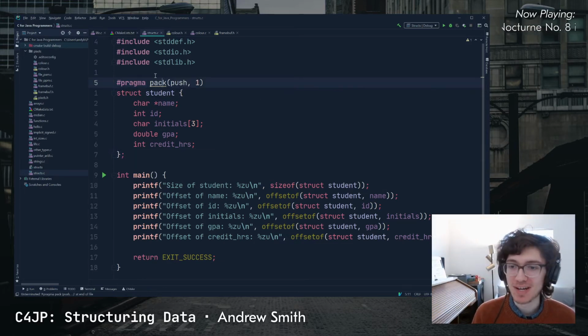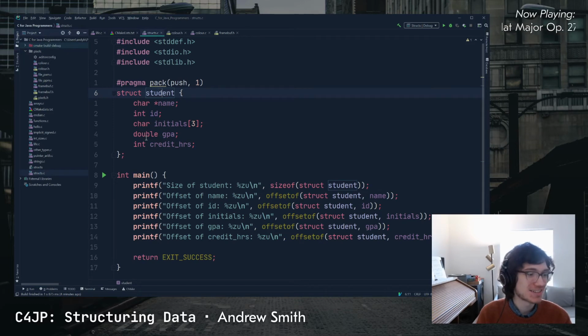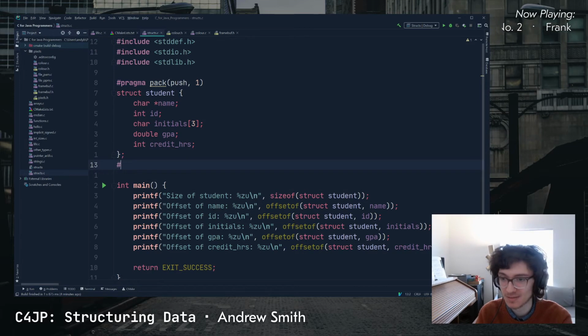So what this is doing is it's saying that I want to push onto the stack of packing directives true. So what I'm basically saying is I want to make this structure packed. The C preprocessor is really weird. It maintains lots of different kind of parameters like this as stacks. And so yeah, so we're pushing true onto the stack. And now I'm going to go ahead and pop